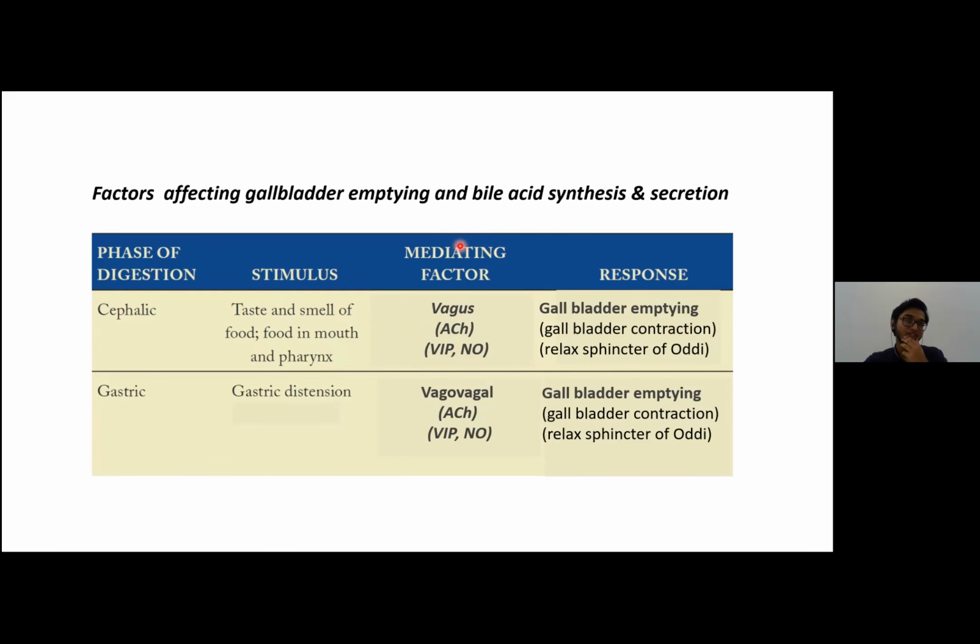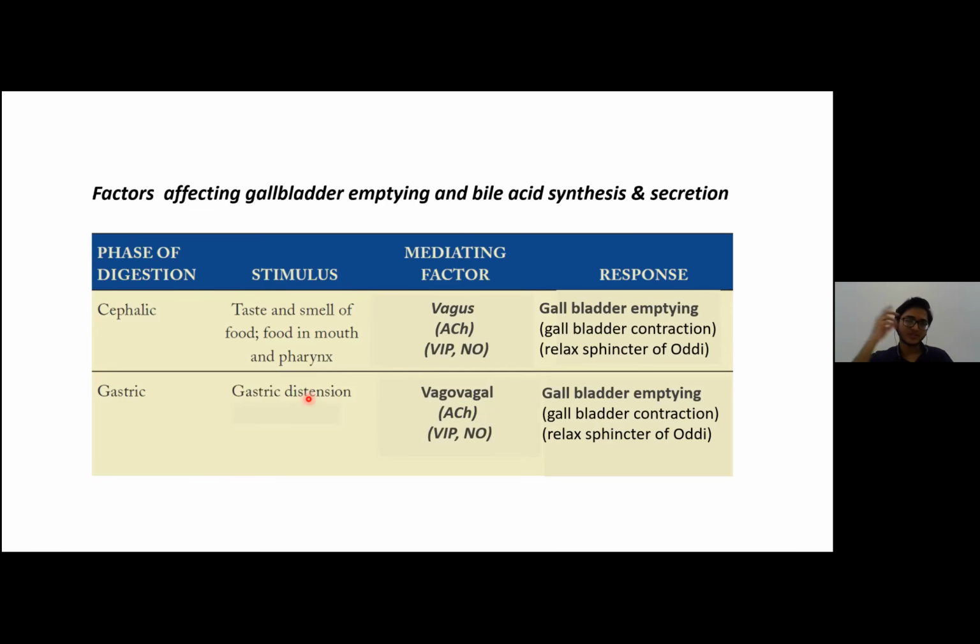They could ask you, for example, what is the major mechanism of the cephalic phase? The answer would be vagal outflow, because it would increase acetylcholine release onto the gallbladder, and VIP and nitric oxide release onto the sphincter. In the gastric phase, you have distension of the stomach, which causes a